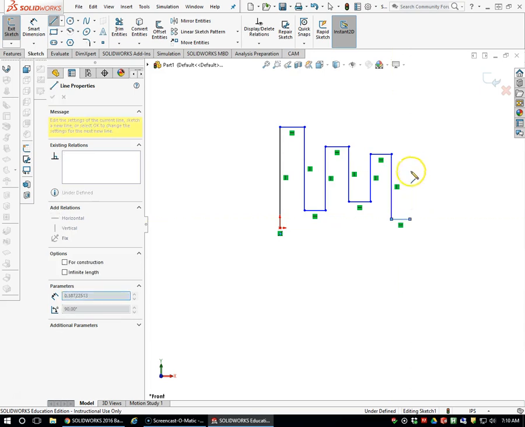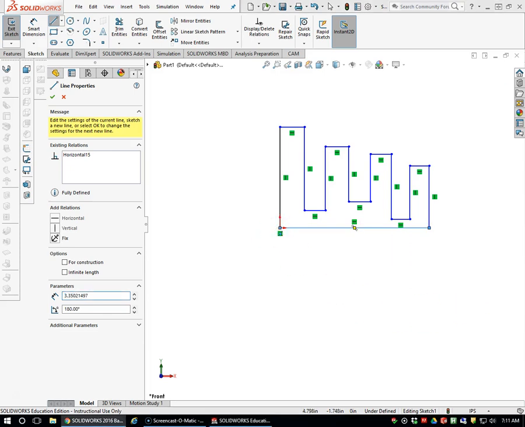I need to make 4 of these. Now on my last line, notice I'm going to come down and get it lined up with my origin and take advantage of that inference line and make it such that the bottom of this line is even with the bottom of that line. Okay,